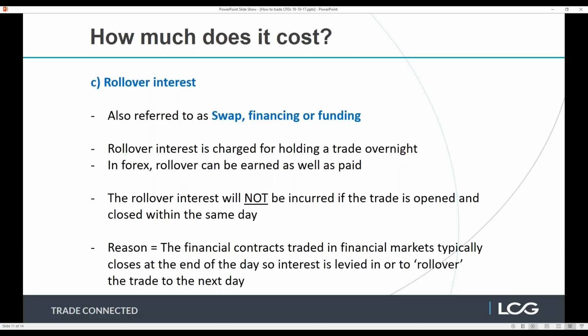And this last point, again, is rollover interest, also referred to as swap financing or funding. Rollover interest is charged for holding a trade overnight. As I mentioned here, rollover interest will not be incurred if the trade is opened and closed within the same day, so for day trading it is not a consideration. If you are holding trades for multiple weeks or months, then obviously this is more of a consideration, and it's worth calculating how much you're going to be earning or paying. In forex, it can be a big consideration as a positive